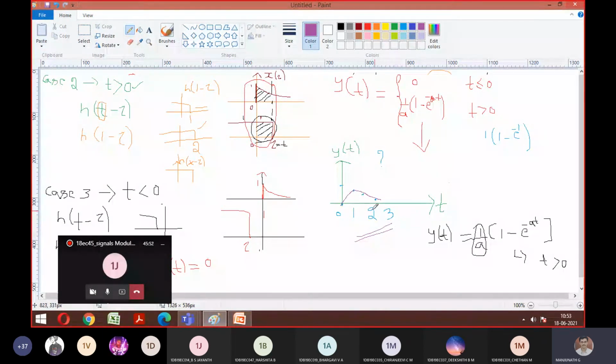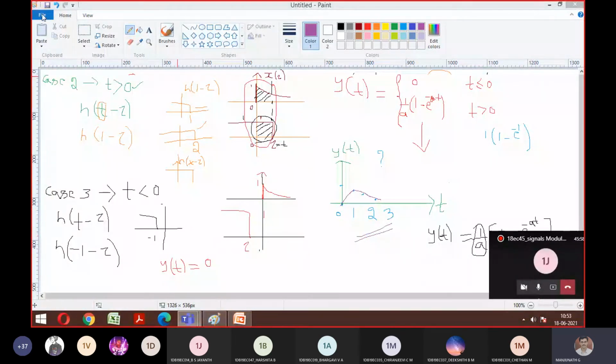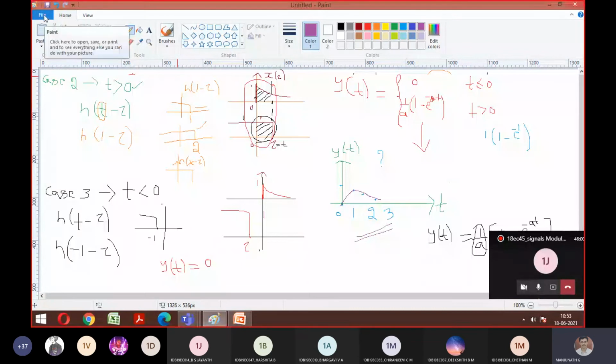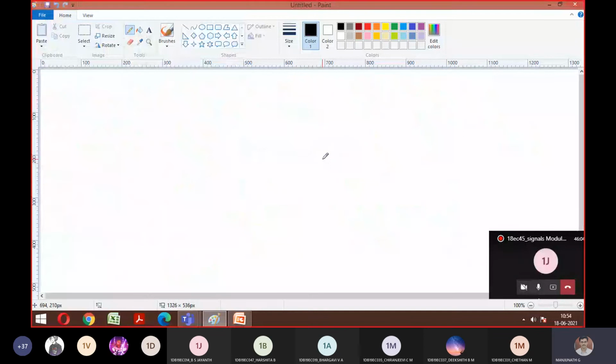Yes, sir. So after understanding these three different cases, let's try to analyze the thing. This is one type of problem. What we solved just now is one type of problem. It is called a generalized problem. Okay, fine. So go with the next one. Now what I am going to give is a different, second type of problem, but the method remains the same.